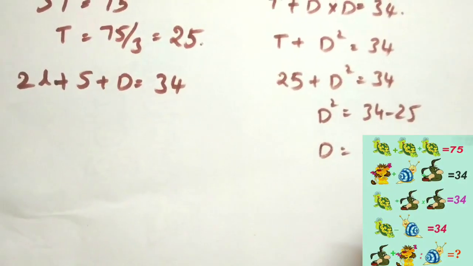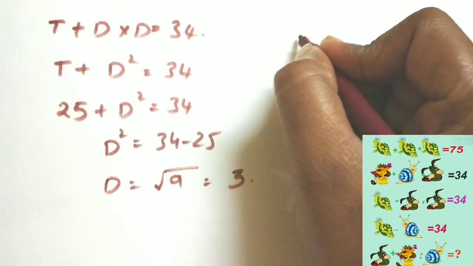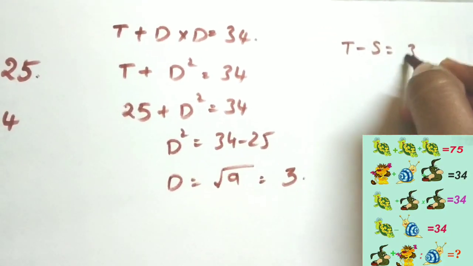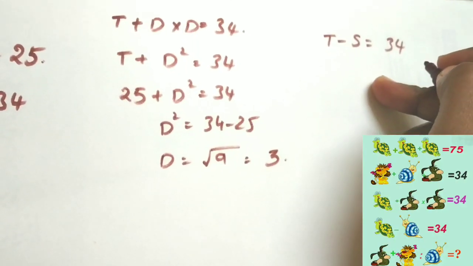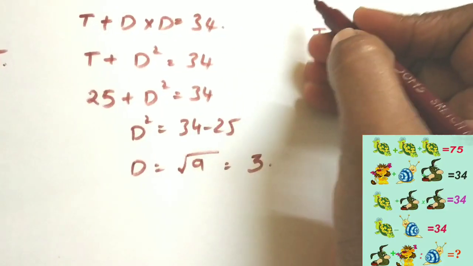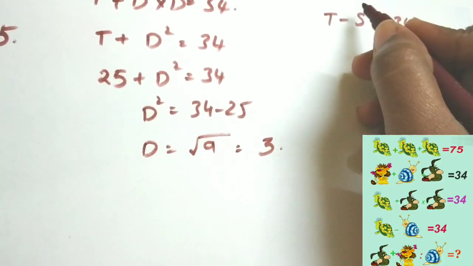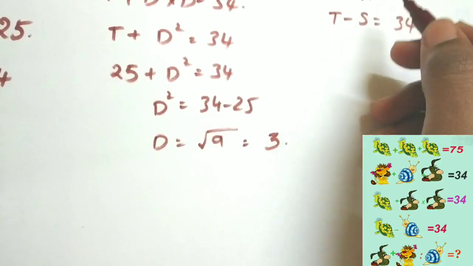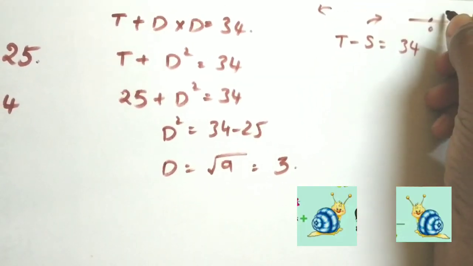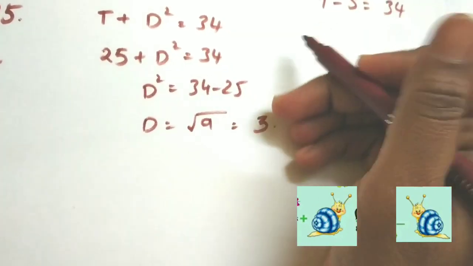Next, if you observe the fourth line, tortoise minus snail is equal to 34. If you compare the snail in the second line and the fourth line, the snail is in the reverse direction. The head of the snail in one is watching this side, and in this diagram the snail is watching this side. So you have to take the direction of the positive and negative signs. As on the number line, this is the positive sign we will take, and if it is going to this side, you take negative signs. Like that, you have to change the sign of this one.